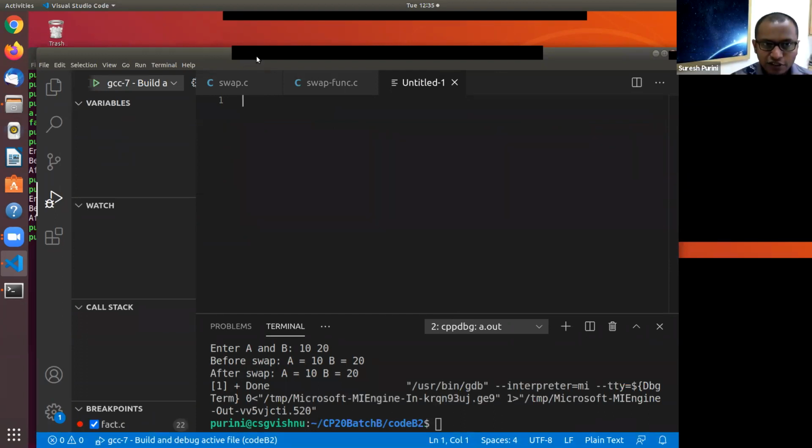Let's consider a memory location. Let's consider a variable A. Let's say the address of the variable A is 100 and the contents of the variable is 10. When we say the address of the variable A is 100, that means in the memory, the variable A is allocated memory at a location whose address starts with 100. Are you with me till this point?